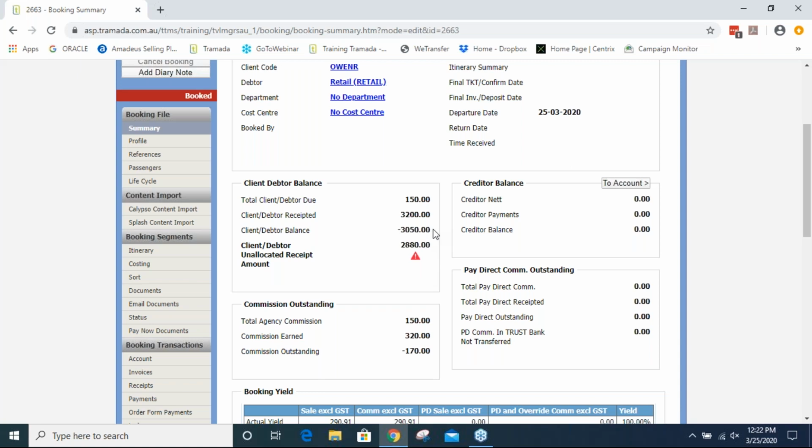Okay, so that will show that the client is owed the refund of the 3050, which you've agreed to. And because we haven't invoiced it out, it shows that it's outstanding, but it's fine because overall you're earning $150,